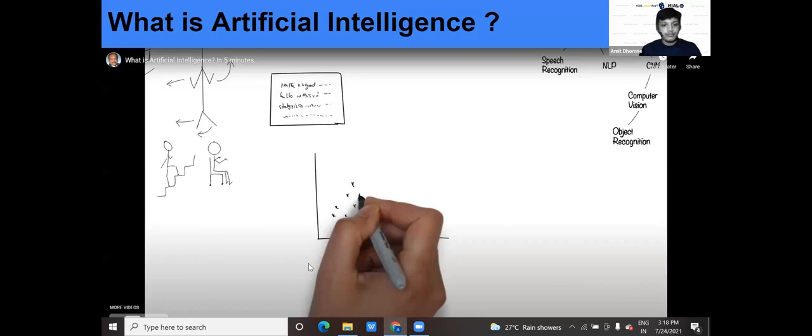I think some audio was not coming, so I'm just telling you what this video is about. This video is completely based on how you add intelligence to a machine, whether it is a robot, or how your mobile is intelligent enough to show you the route and directions on the road, right? Just like you might have traveled in an Ola cab, right? How it can find out the path. So this video is based on that. And these all are, you can see, speech recognition, object recognition. I am going to explain in the upcoming slides.